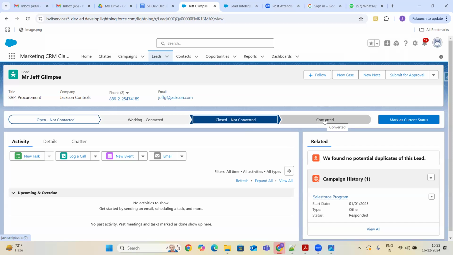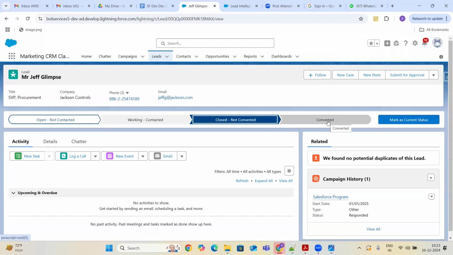Okay, there are two scenarios, guys. If the product is related to a normal practical usage product, I'll explain that later. Converted means they would like to know more details about my product.